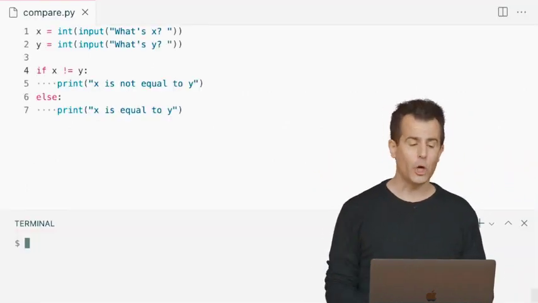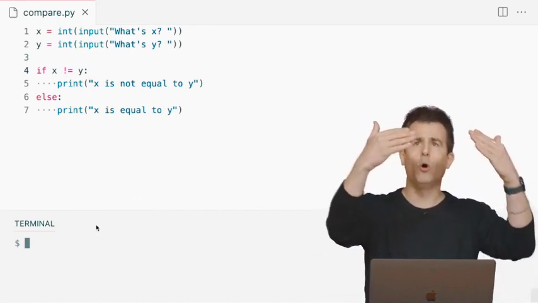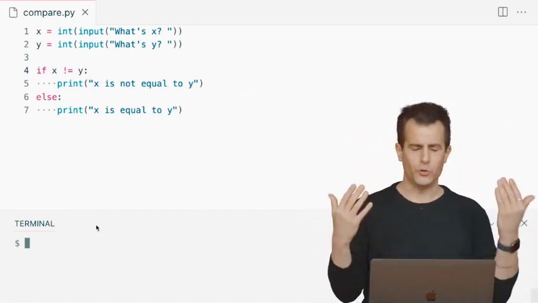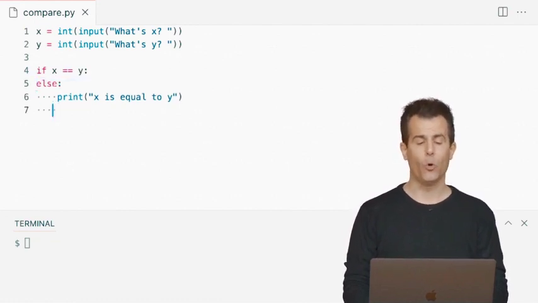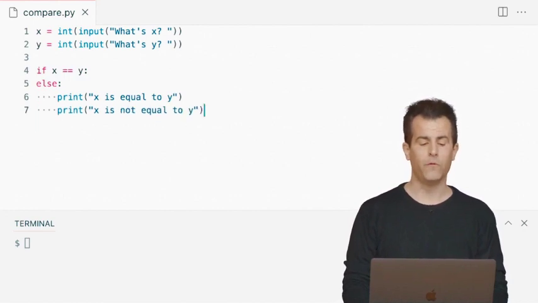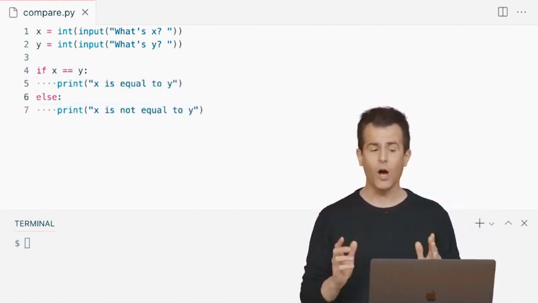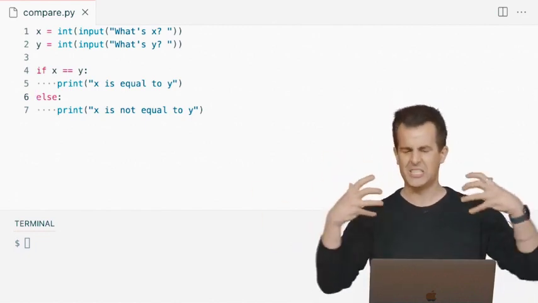If I go back here to my code, and if for whatever reason you just prefer to think in terms of equal or not equal, as opposed to not equal or equal, it's really up to you. We could change this to be equals equals, but I'm going to have to change my print statements to be in the opposite order. So let me go ahead now and reverse these two here and move the second one first and the first one second. So now when I execute this code, I'm asking still just one question. So it's still just as good, just as succinct.